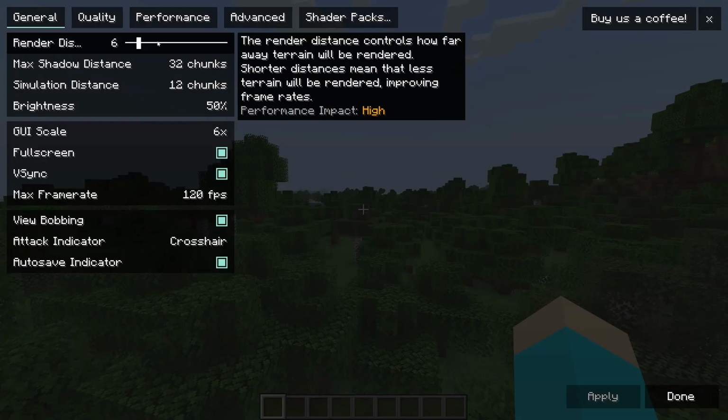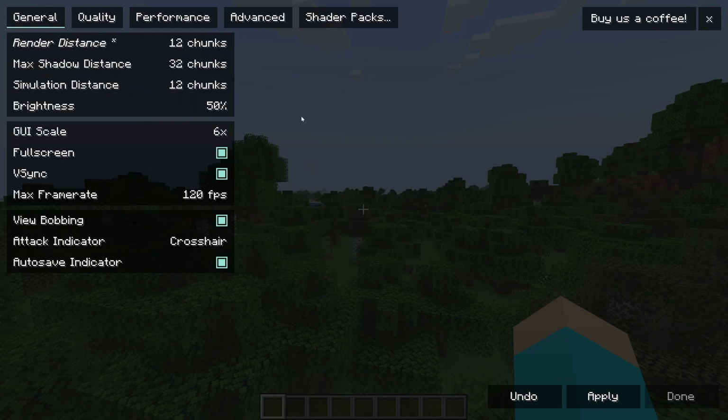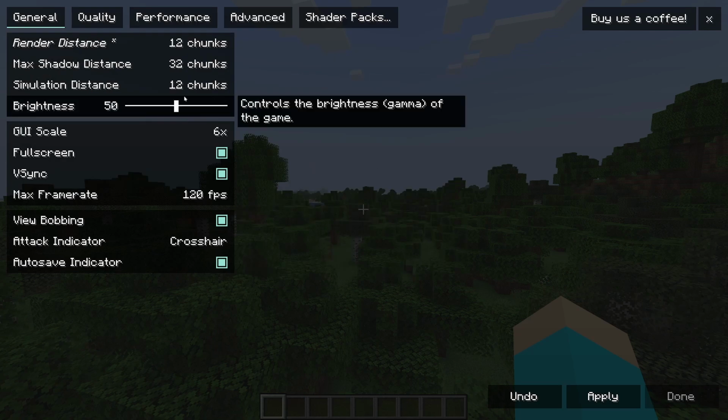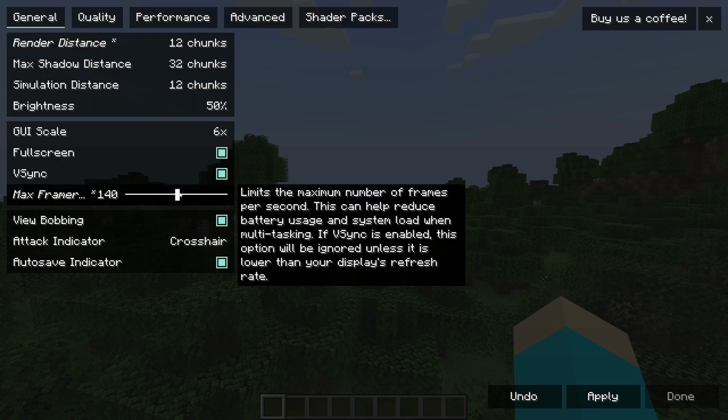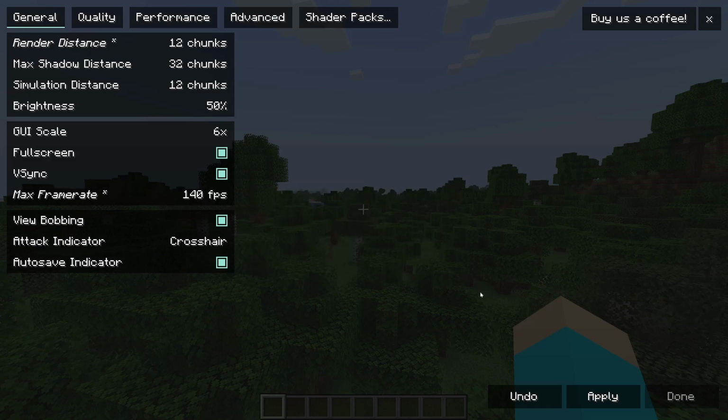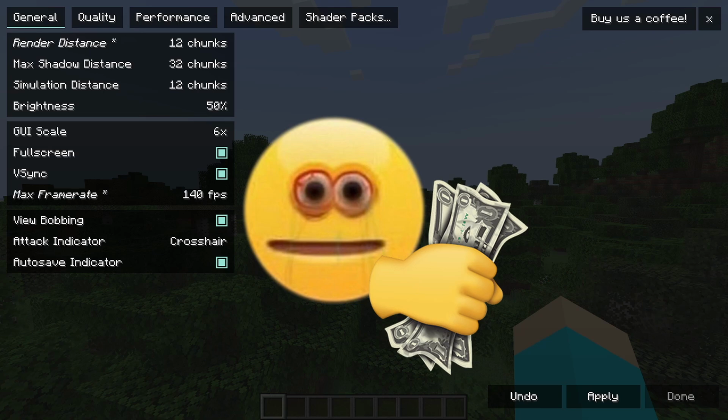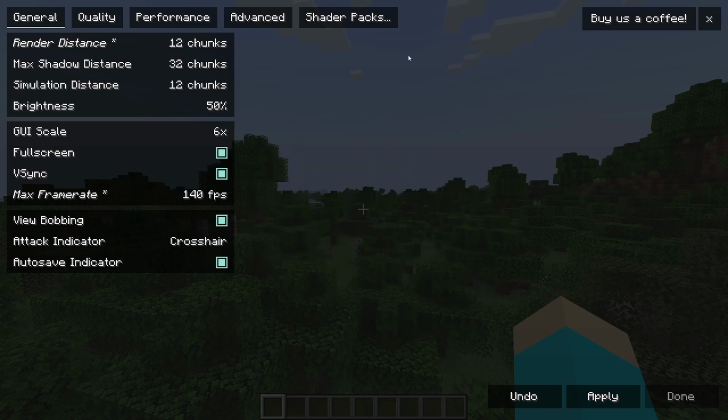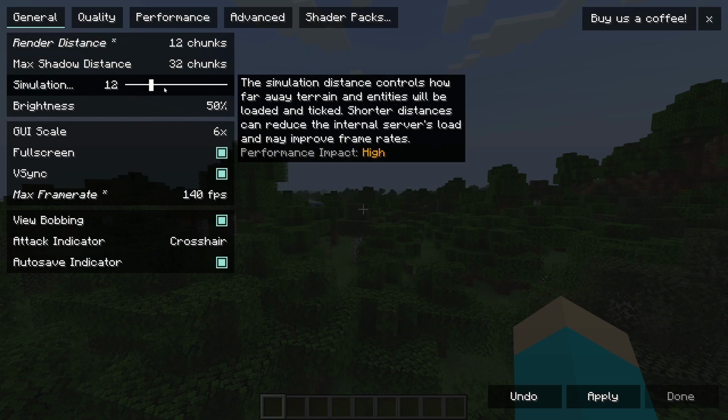Now, I have a really good computer. I usually set it to 12 or 16. Just gets rid of the little things popping out at the edges. I just, for whatever reason, am really picky about my games not popping stuff in. And that's why I spent basically an entire car on my computer. But anyways, after you change that and possibly the simulation distance if you're having a lot of computer processor slowdowns with Distant Horizons,